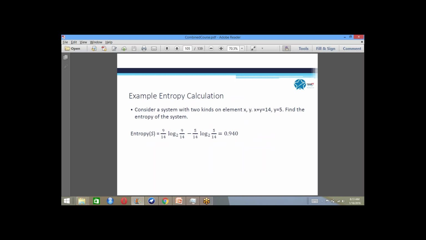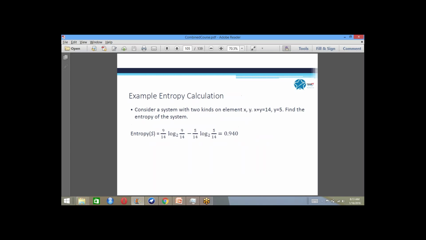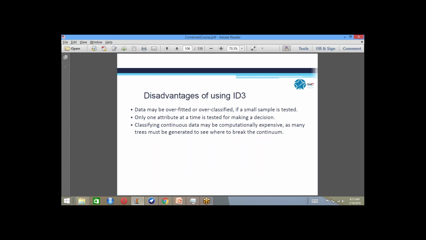Example entropy calculation is given here. Suppose you had two elements, x and y, and the entropy of the system would be based on something like p equal to 9 out of 14, q equal to 5 out of 14. Based on that, we will create this formula, the sum of minus p_i log p_i, which is the entropy of the system. The problem with